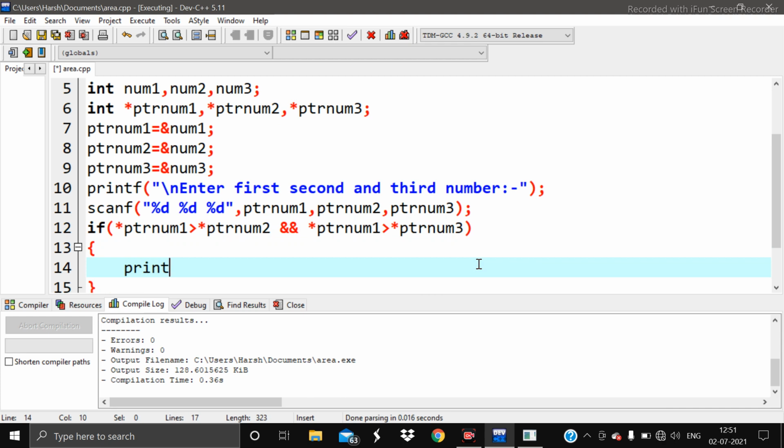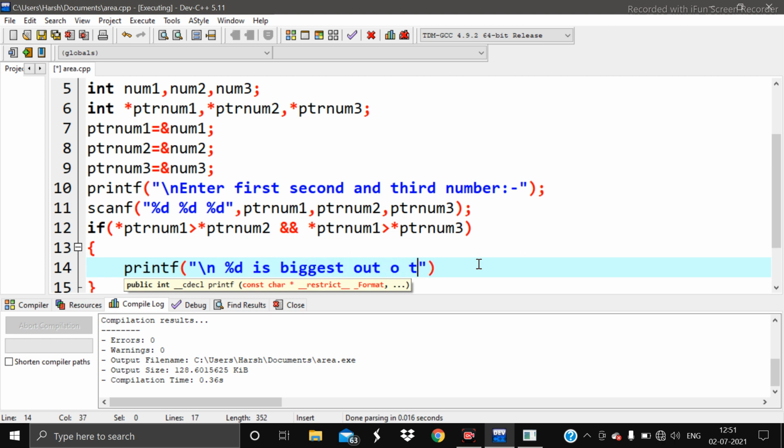Then we use printf to show the user %d is biggest out of 3. We don't need to write what the three are, we just have to write the number which is the biggest, that is the first number.